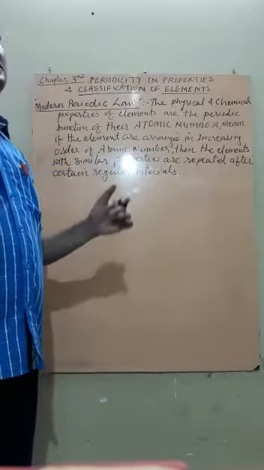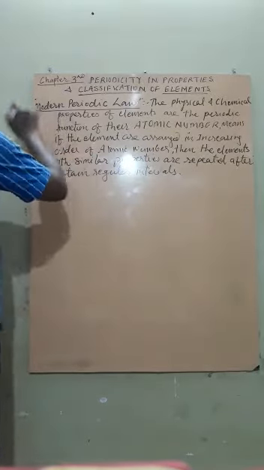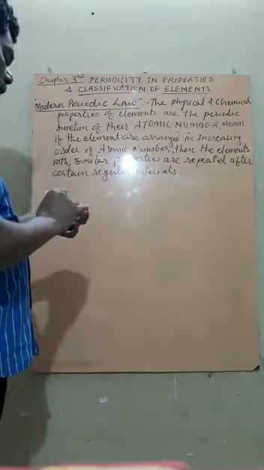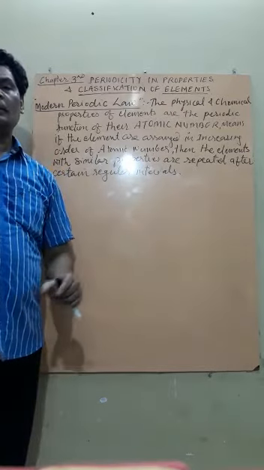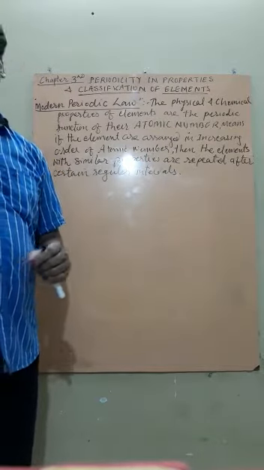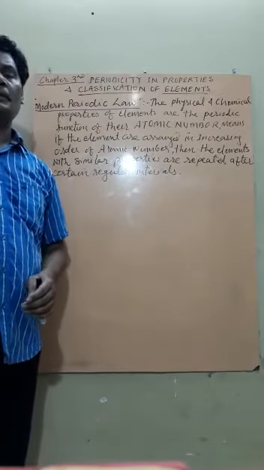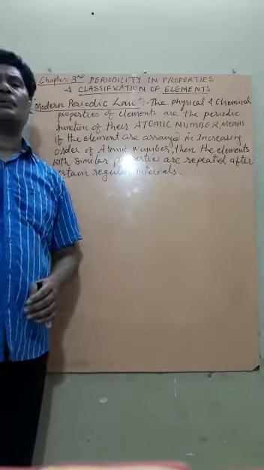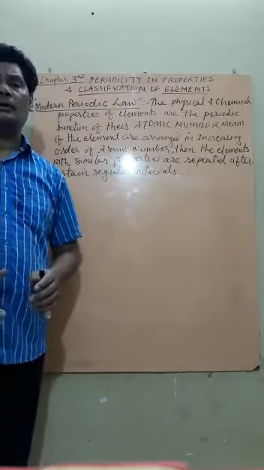So with the help of these three rules, we will learn to prepare or make a modern periodic table. But very first we have to see the modern periodic law. What is the modern periodic law? It says that the physical and chemical properties of an element are a periodic function, that is periodic repetition. Periodic means frequently, that is after some time interval, the repetition of their atomic number.